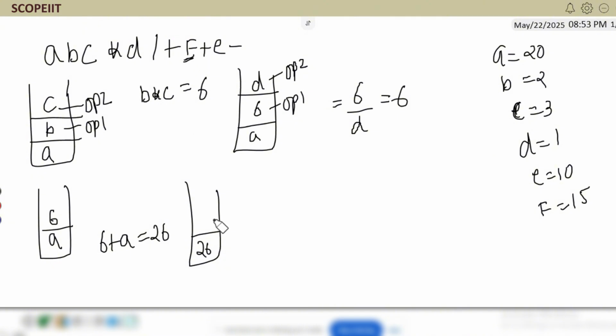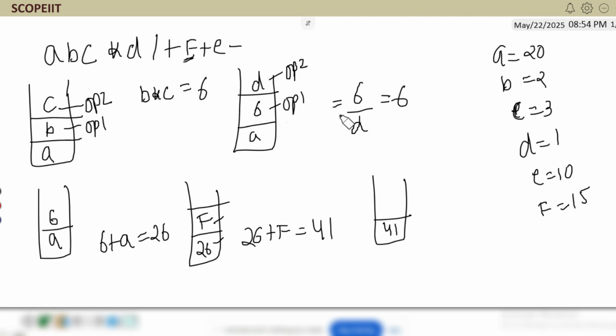Next is a character. Character means we will push it into the stack. After that, the next is the plus operator. So again, we will pop it. And as it is operand 2 and operand 1, it will become 26 plus F. What is the value of F? 15. So 26 plus 15 is nothing but 41. So now in my stack, I will have the value 41.